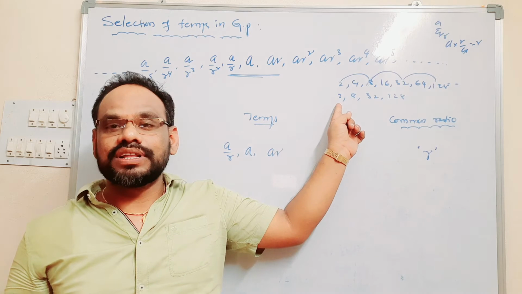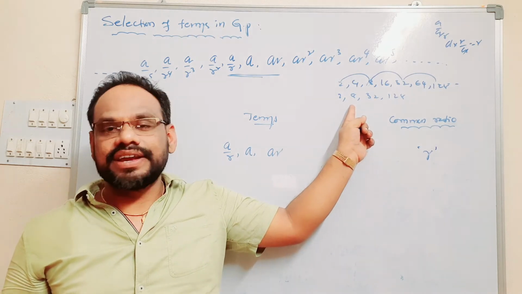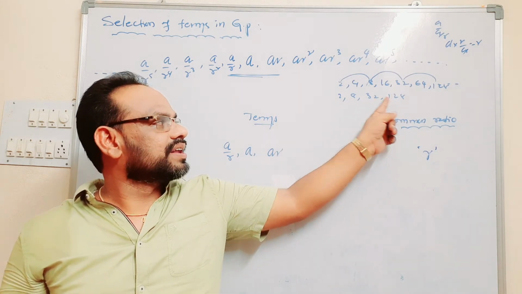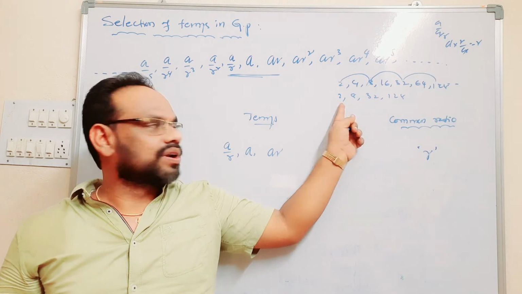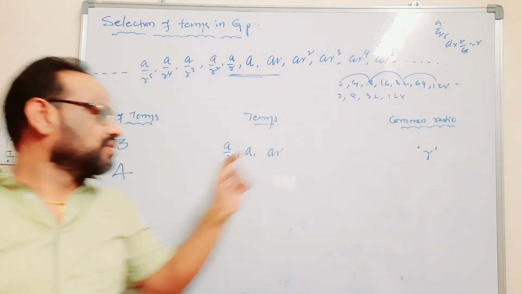8 by 2 is nothing but 4. 32 by 8 is nothing but 4, and 128 by 32 is also 4. Clearly it is in GP. So that's why